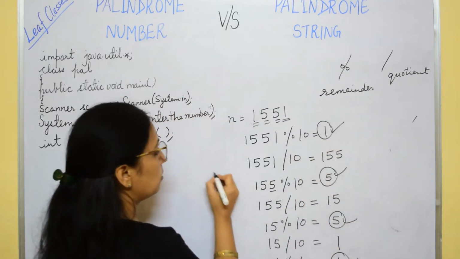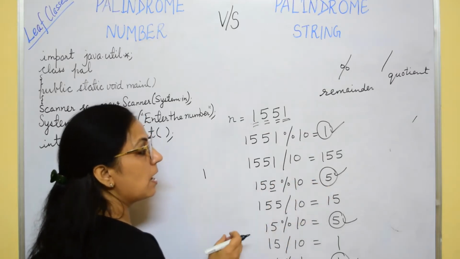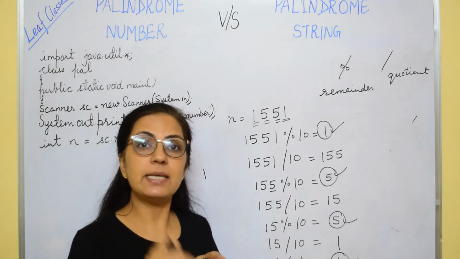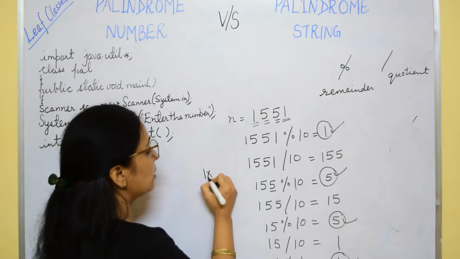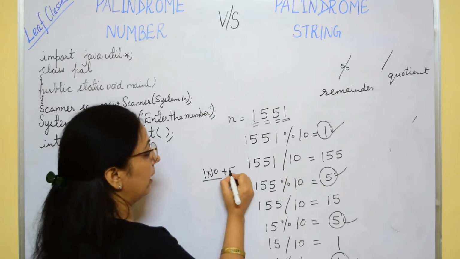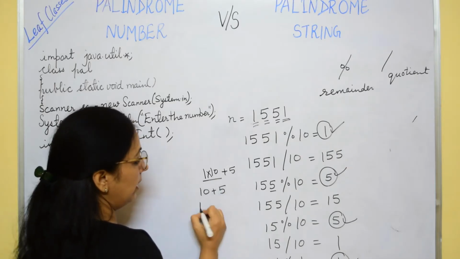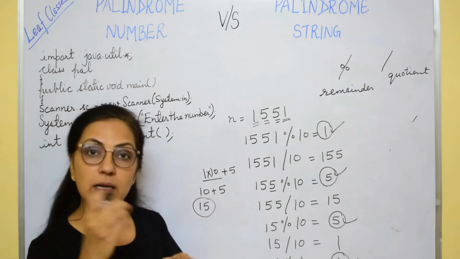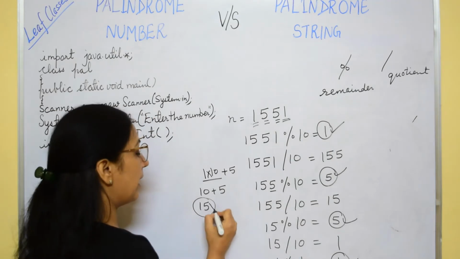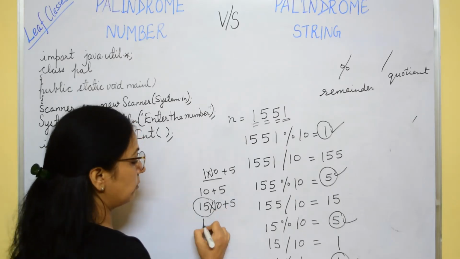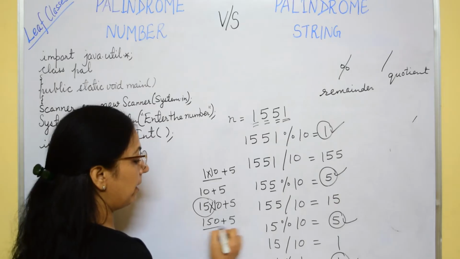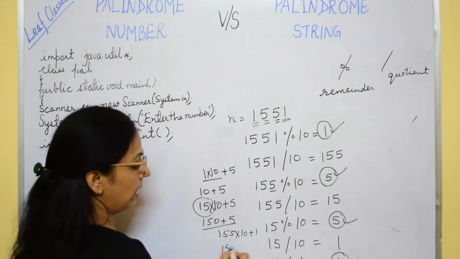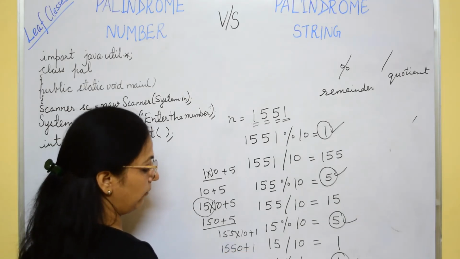When you are getting this one, after that when you have got the next, we want this next digit to be placed at the ones place. So for placing it at the ones place, we will multiply it by 10 and add this 5. Now it will be 10 plus 5, it will give you 15, right? Now when we have extracted the next digit, again we want that digit at the ones place. We will again multiply by 10 and add this 5, so it will be 150 plus 5, which is 155, and then again multiplied by 10 plus 1 will give you 1550 plus 1, this is 1551.